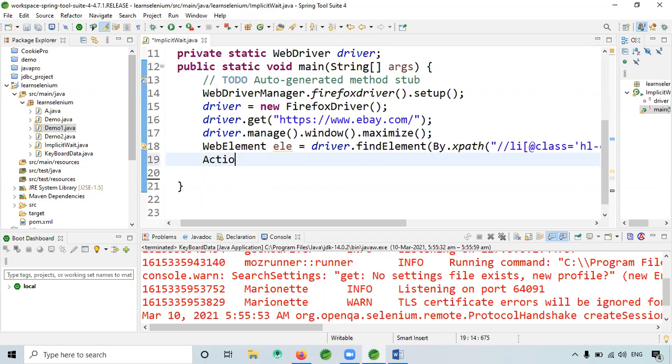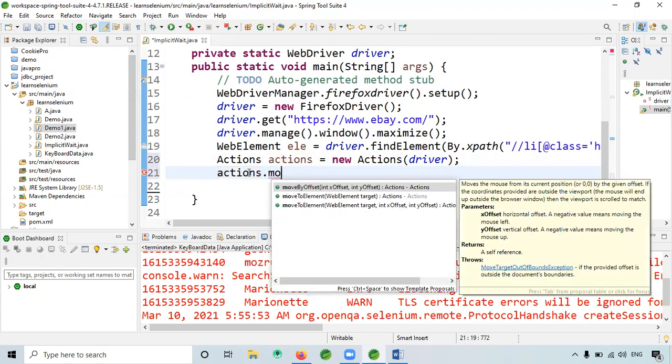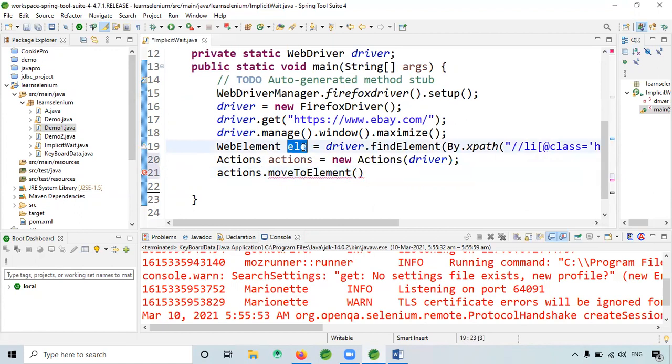use the Actions class: Actions actions is equal to new Actions(driver). Then actions dot moveToElement, and we have to give the element option here.